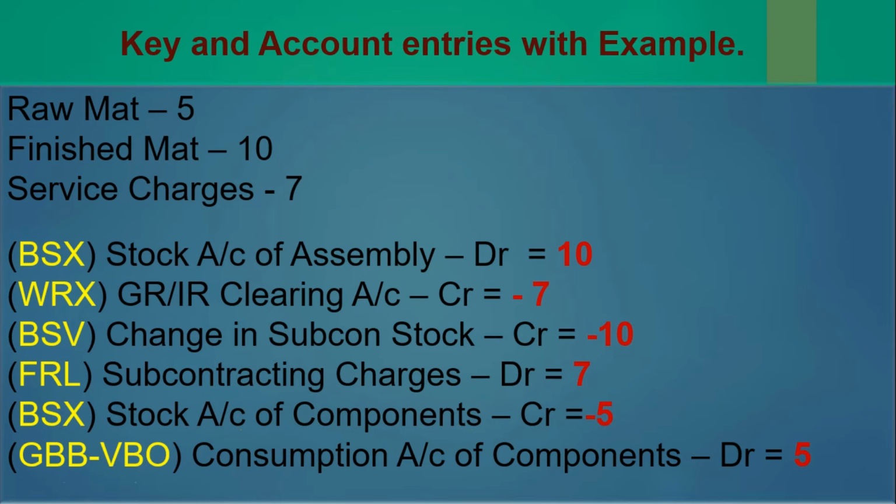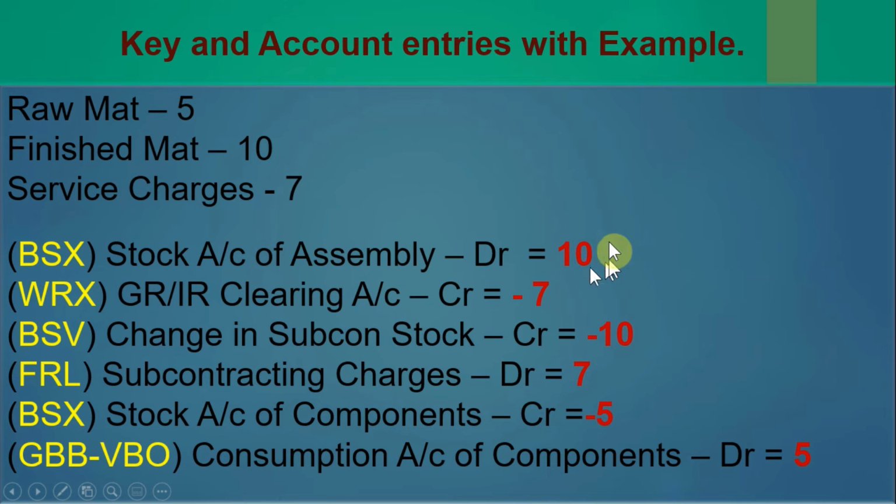How it happens in the system, these accounting entries are most important in subcontracting, and anyone may ask you during an interview, so you must know how it works. So here, consider raw material has a price of 5, finished material has a price of 10, and the service charges that the subcontracting vendor is charging us is 7. In this case,